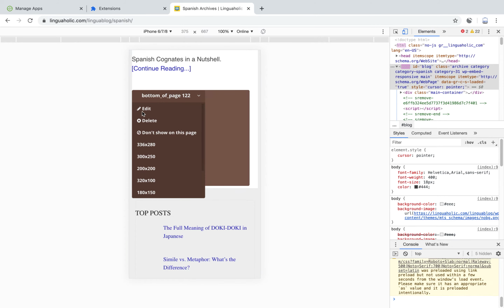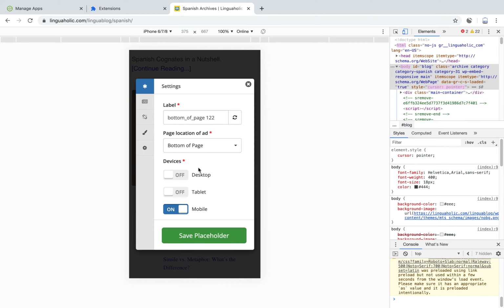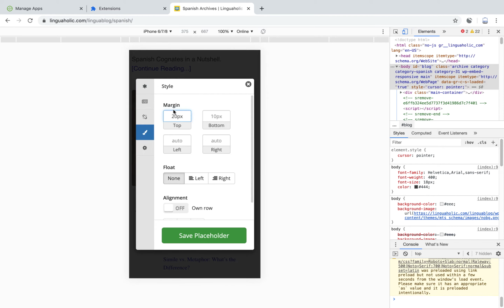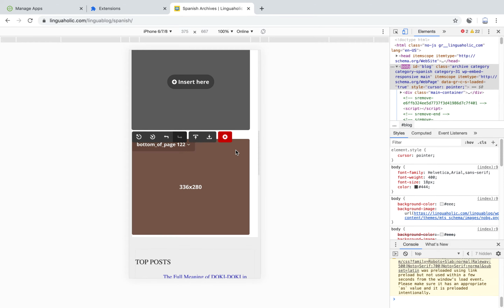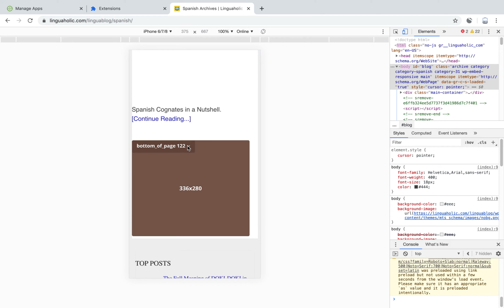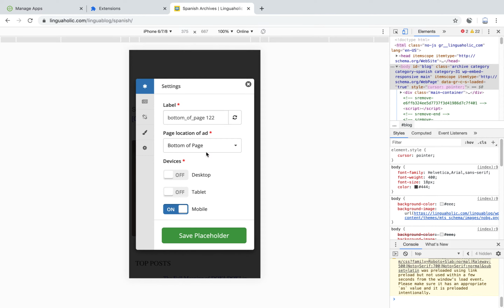To do so, just go inside of the ad, edit, and then here in margin, you can type in, well, in this case, I would have to choose bottom margin if I would like to increase the white space below the ad. And then instead of 10px, I would maybe just choose something like 25px, and this is gonna move the ad a little bit up here, so there will be more white space available still here. I use that quite often as well, but often it's also not necessary,